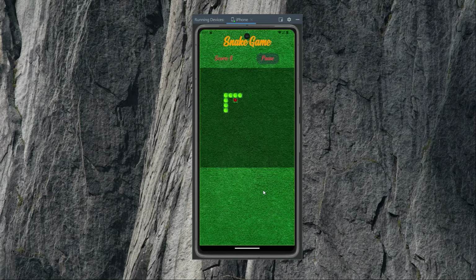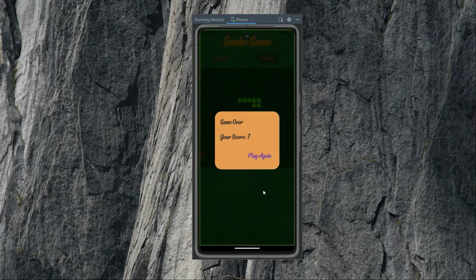Now right after that, whenever the snake detects a collision with itself or any other collision, there will be the game over screen shown. Okay, so let me just show you that. Now I'll just, there we go, it just detected the collision with its body. Okay, and in here you guys can see the game over title, your score is 7,